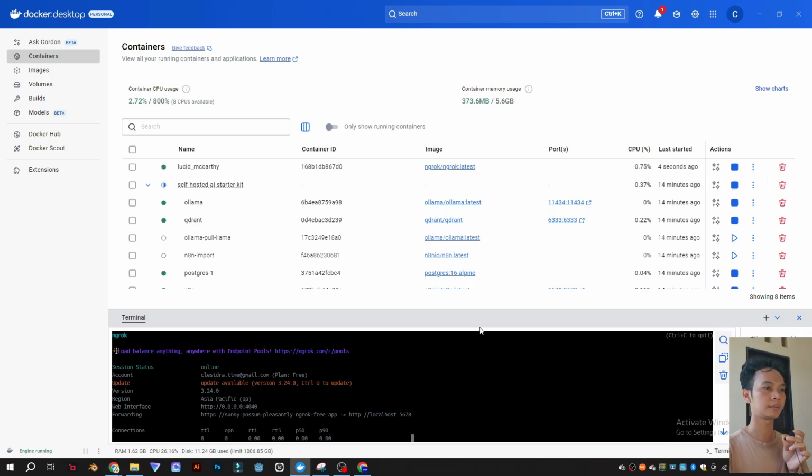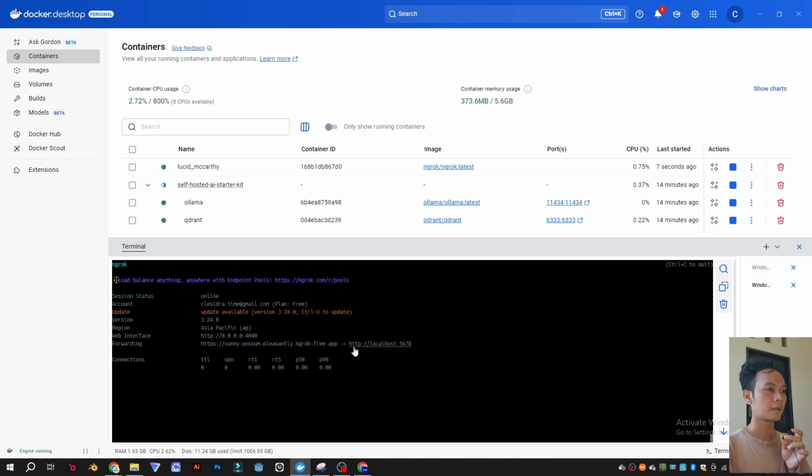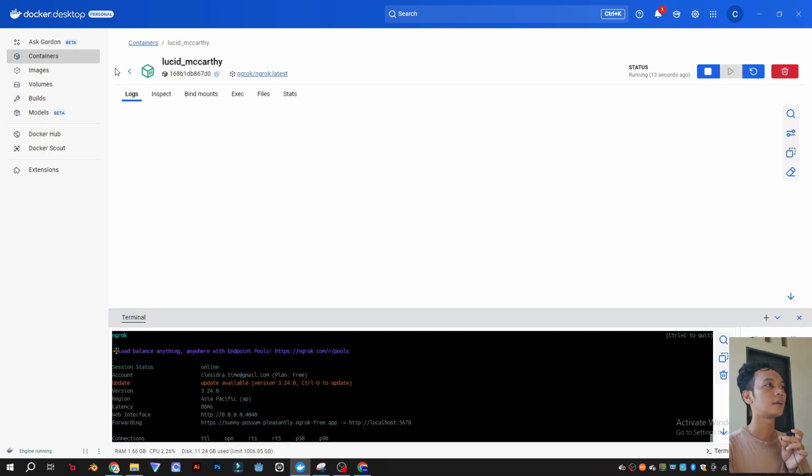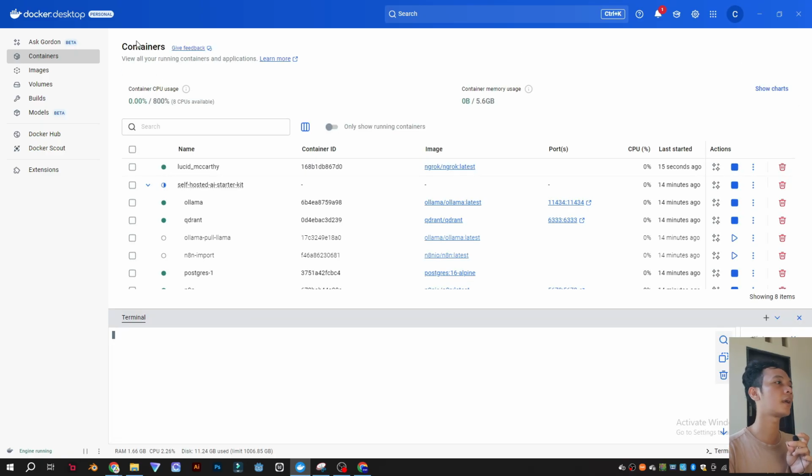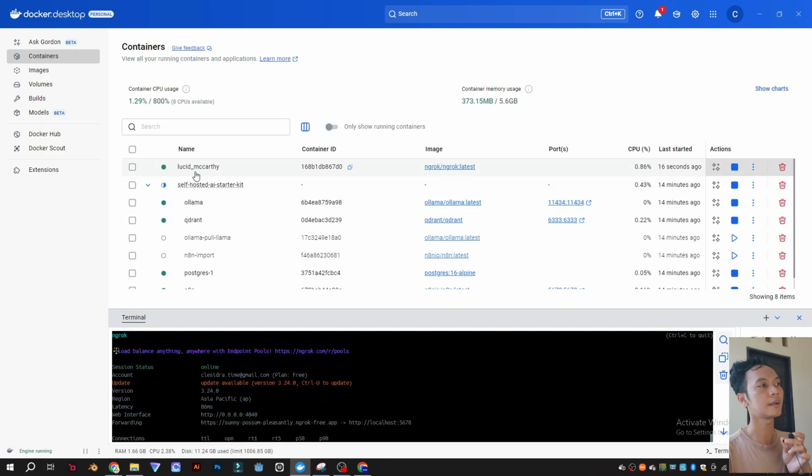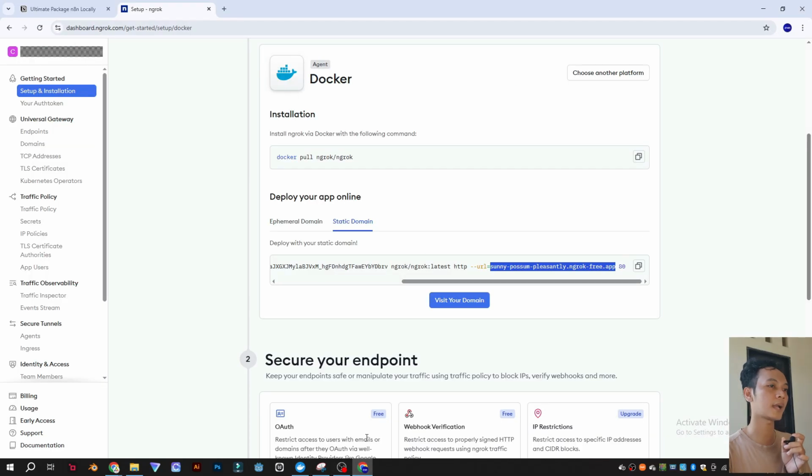You can see here, this is already online. The container gives us a random name. So this is already online, so let's visit the website.